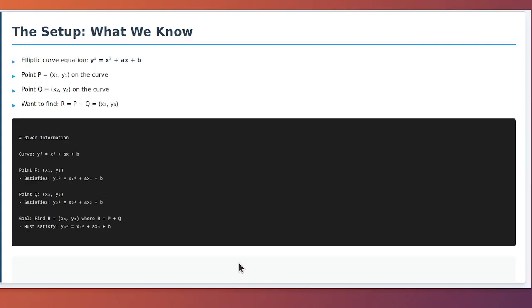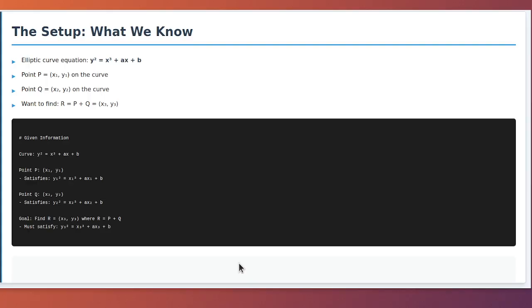We're given 2 points on this curve. Let's call them P equals (x1, y1), and Q equals (x2, y2). The subscripts 1 and 2 just identify which point we're talking about. Point 1 is P, and point 2 is Q. Since these points are on the curve, they must satisfy the curve equation. That means y1 squared equals x1 cubed plus a times x1 plus b, and the same equation applies to point